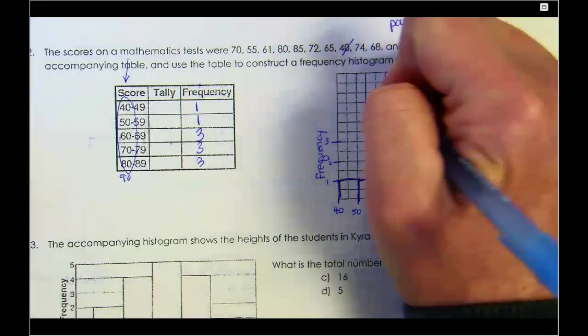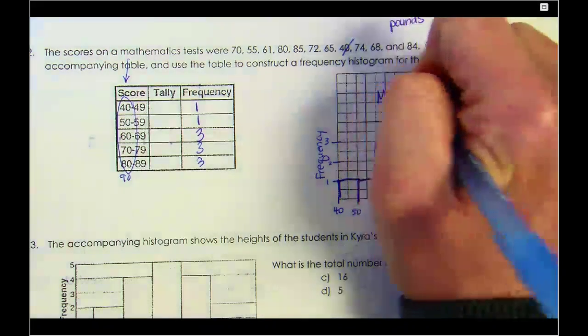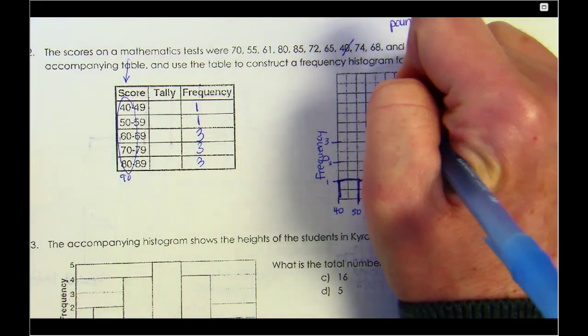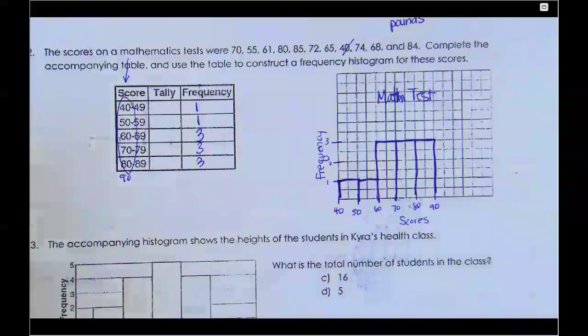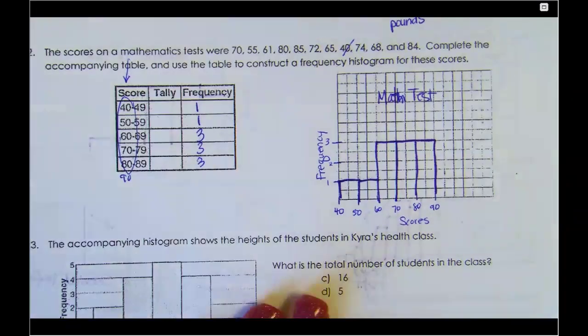Yep, it says it's a math test, so I'll just put math test. Okay, so